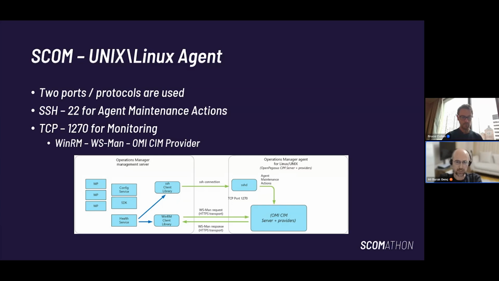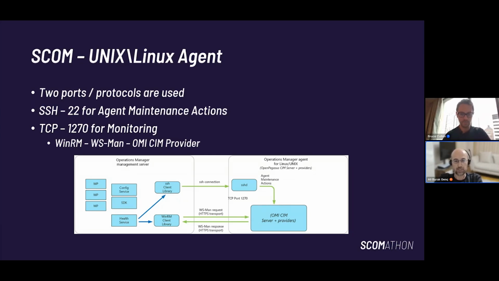When working with agents on the Linux side, you might sometimes recognize port 1270 is not listening. Note that you only see a server listening on 1270 if the agent is successfully started, meaning it has connectivity with SCOM and it's being managed. That might be an indication of other issues if you are having such a problem.